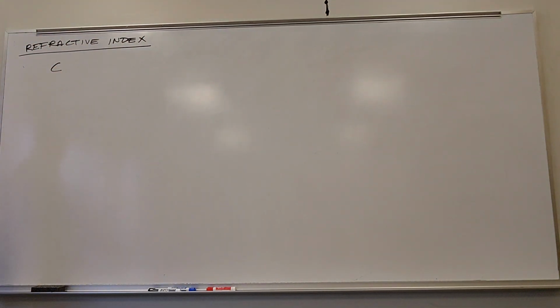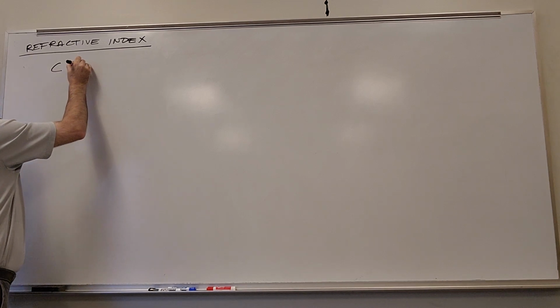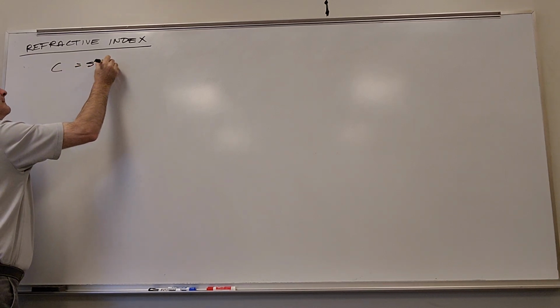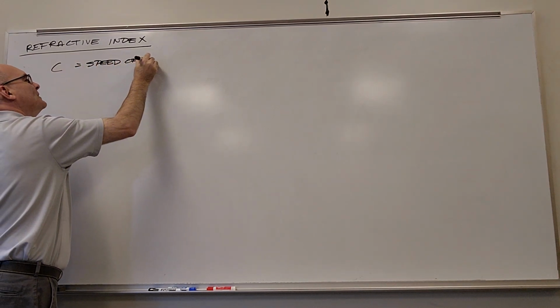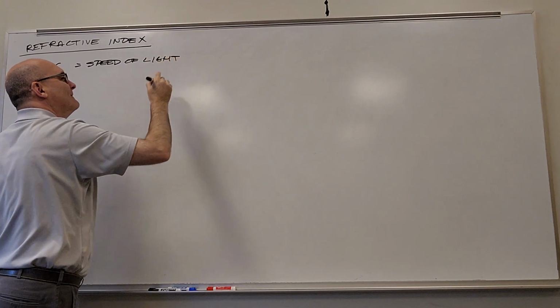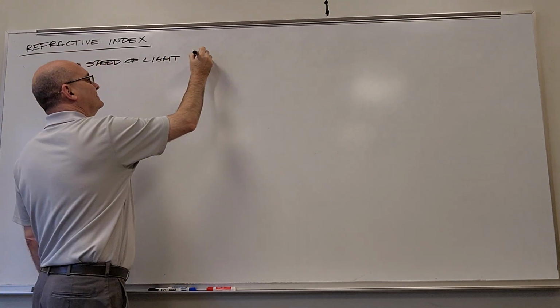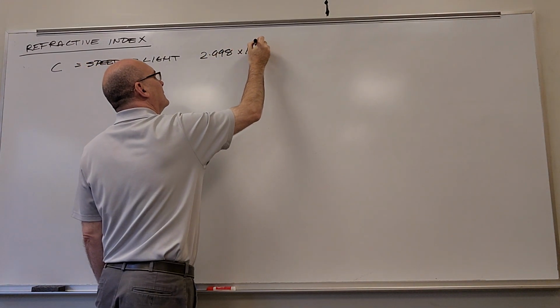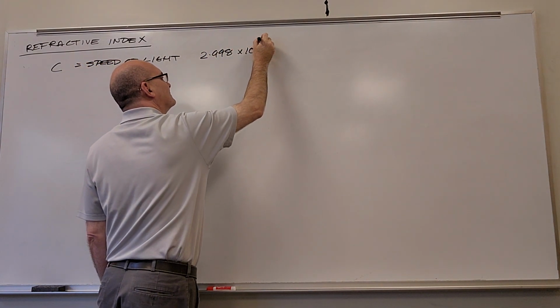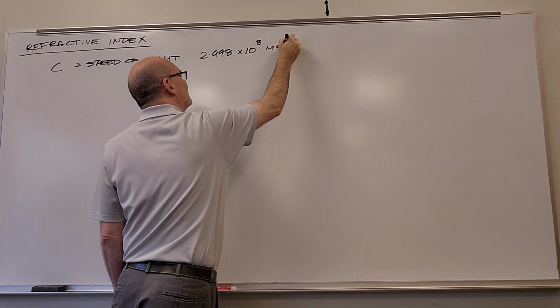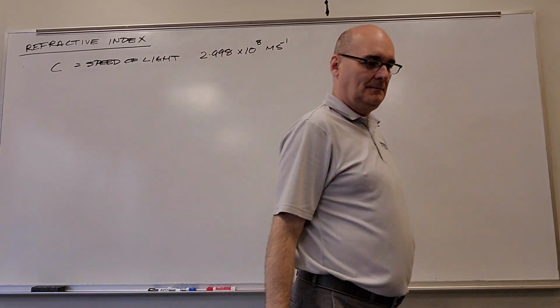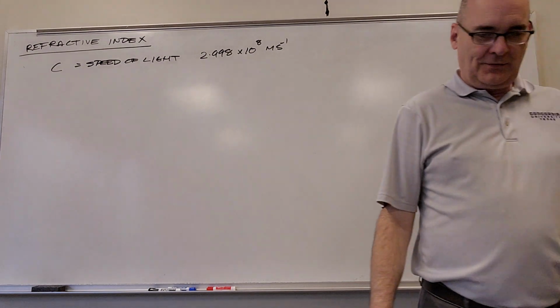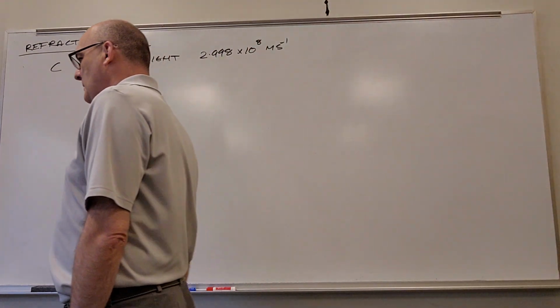C is the speed of light. What is the speed of light? 2 something times 10 to the some power. 10 to the, what is it, 19? No, 23? Oh, we don't want that with that. Equals. It's about 300 million